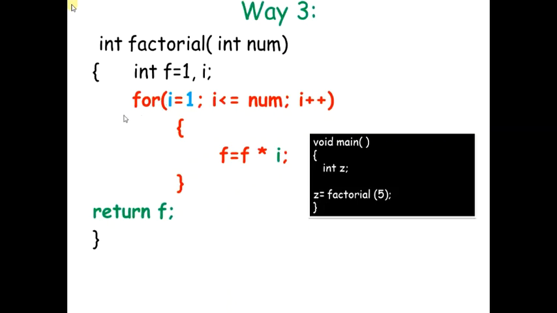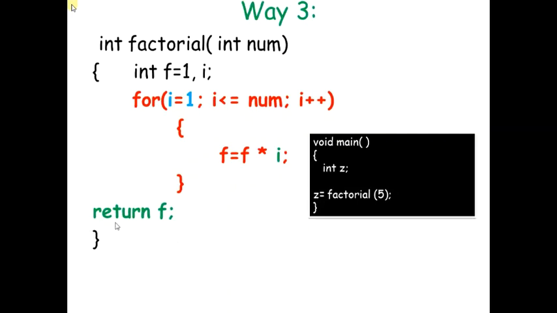Now because I would be making use of a for loop over here, there is another way in which I could compute this also. If you notice, the difference is I'm using i plus plus, I'm not using num minus minus, I'm starting at 1. Here I want to compute the factorial as 1 into 1, then 1 into 2, then 1 into 2 into 3, then 1 into 2 into 3 into 4, then 1 into 2 into 3 into 4 into 5, because then I have a condition here for i less than or equal to num.